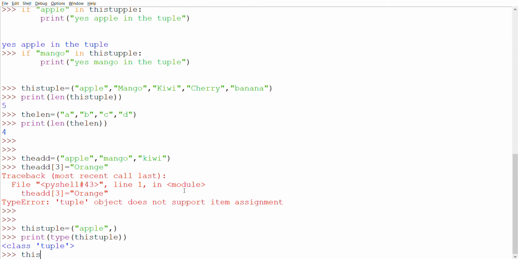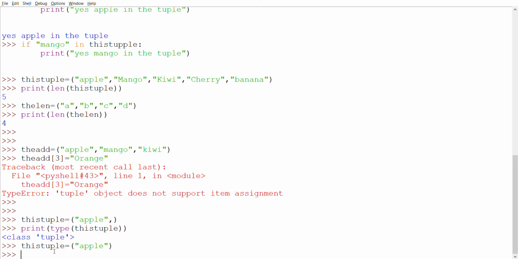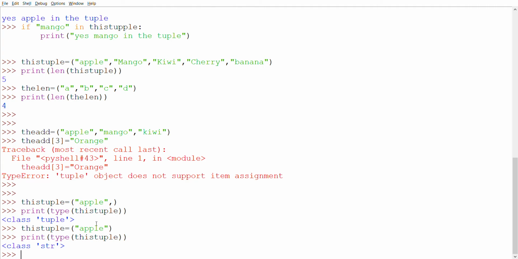But if you do not use the comma, then you will get string, not tuple. I will show you. Print this tuple's type. Okay, now you see this is a string. Because if you are adding one item, you have to use a comma to define it as a tuple. Otherwise, it will be taken as a string.